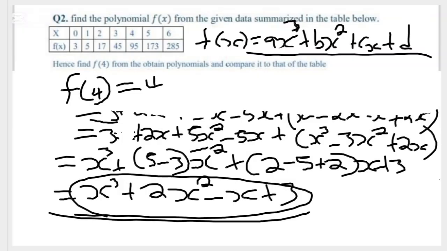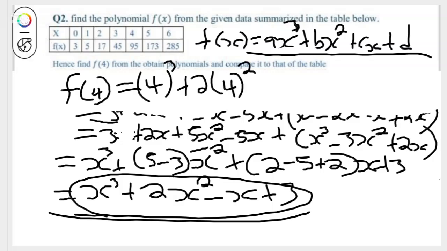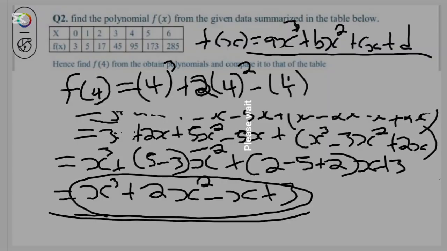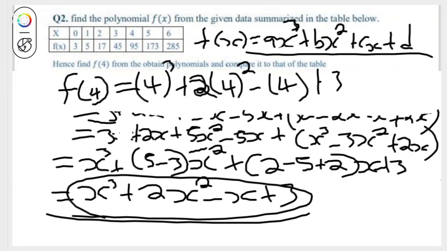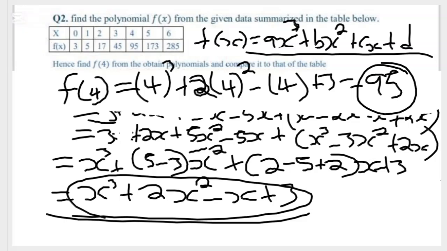So I will now say 4 power 3 plus 2 times 4 squared, and also minus 4 plus what? Plus 3. So at the end, I'll get what? 95. So wow, as you can see, also from the table, this 4, it is